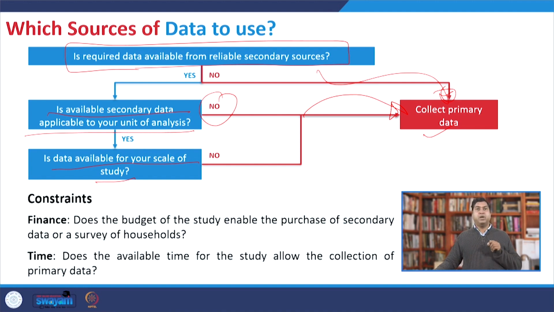If you want a certain kind of randomness in data collection, and the past researcher has done some convenience sampling, maybe you will have a conflict. So it is not very easy, even if a data set is available, to say whether you can use it. If one piece of information is missing in that data set, but you need it along with all the other available information, in that case also you cannot